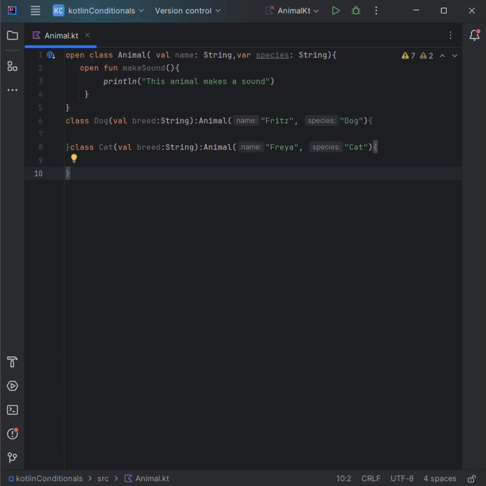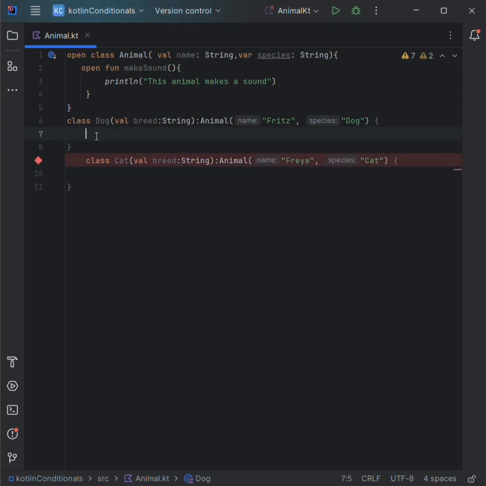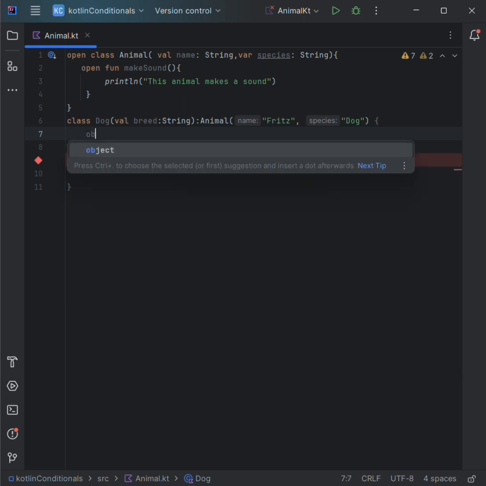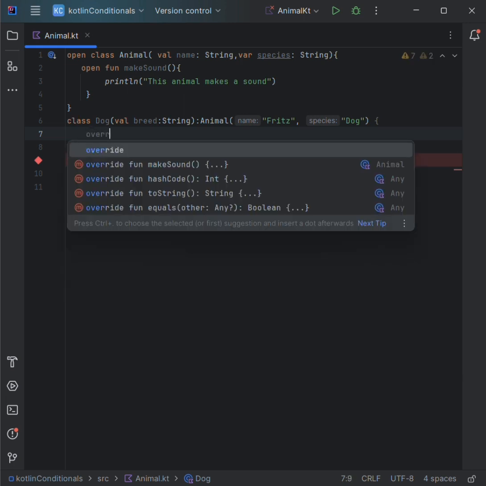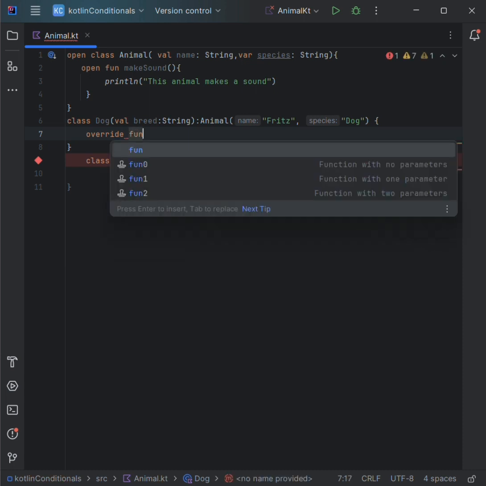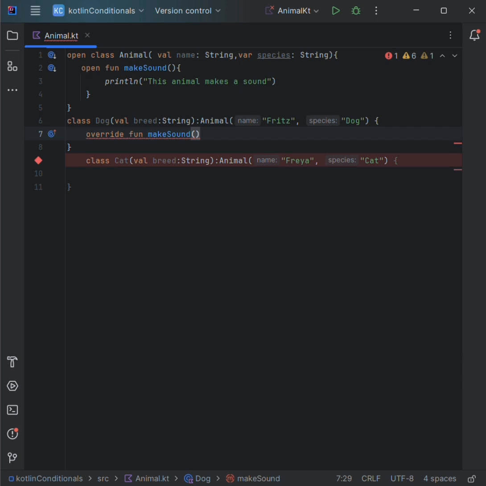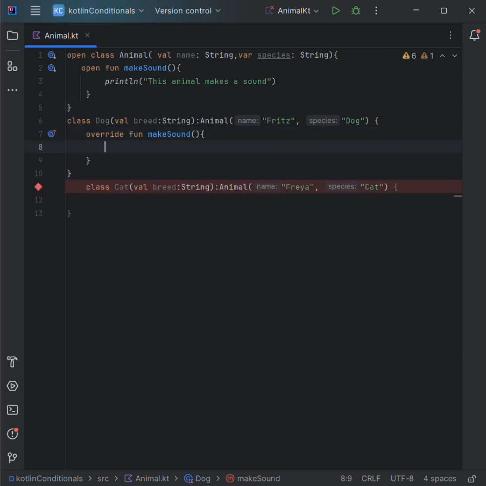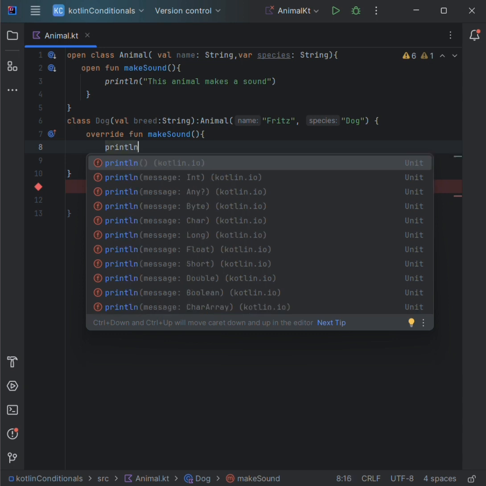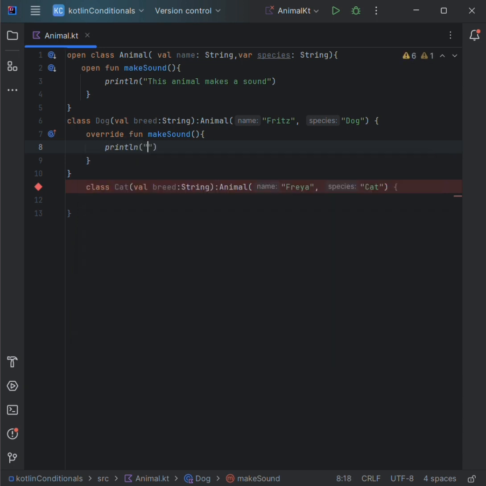It is going to be bark or meow. We put override fun makeSound. Bark.